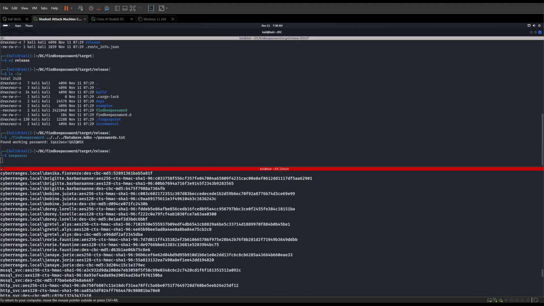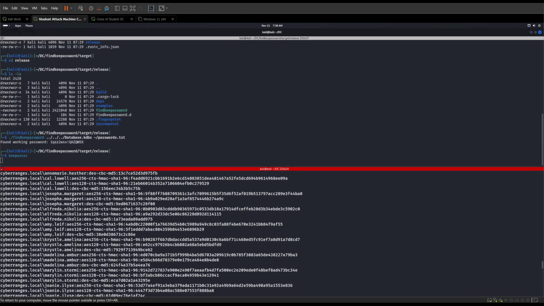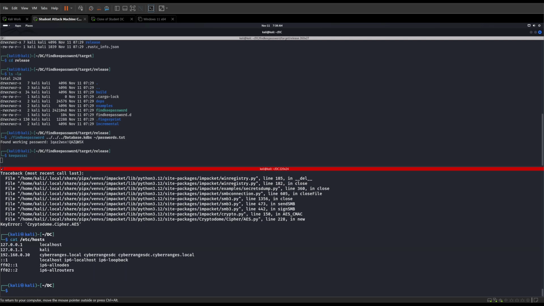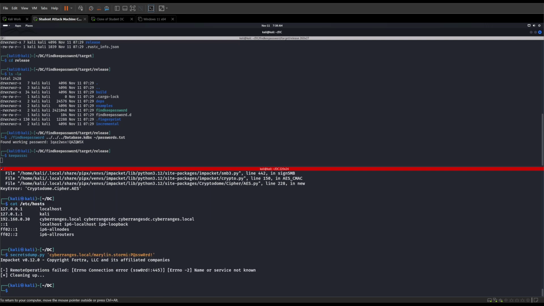But if you have that cyberranges.local within your /etc/hosts, so if I cat my /etc/hosts, I don't know if it's that IP address. Yep. So I have cyberrange.local like right there. What we technically should be able to do is this right here. It should know to go to there. And it did not this time. Actually, it did. See how it didn't take that password right there? It actually didn't like that at all for some reason. But that'll usually work. Just going to something like that